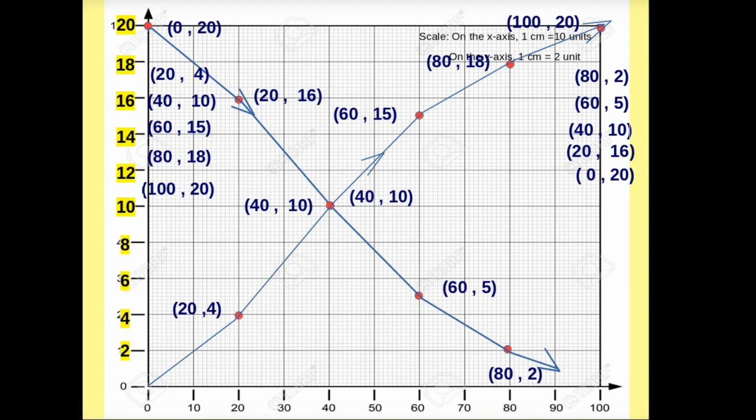And we can find the median from these less than and greater than type ogives also. Observe. From the intersecting point of the two ogives, we have to draw a perpendicular to the x-axis and a perpendicular to the y-axis. Where does the perpendicular to the x-axis meet the number scale? That is the median of the data.